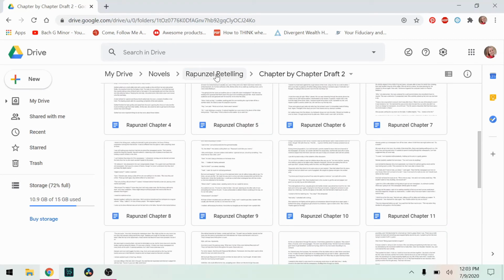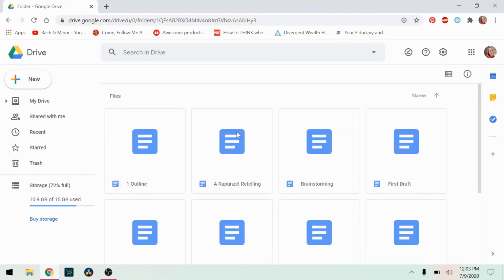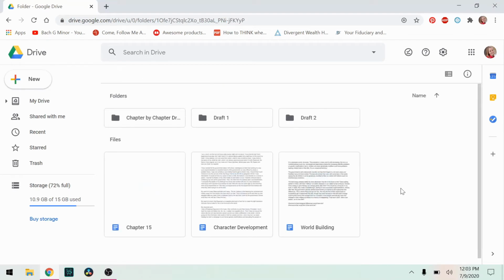like my draft 1, let's say, so when I was drafting, what I would do is I would write the chapter, and then when I was done with the chapter, I would put it over onto my draft 1 document so I could see how many words total I was at to help motivate myself so I could see the word count growing. I didn't actually do that with draft 2, I just kept with the chapter by chapter, and